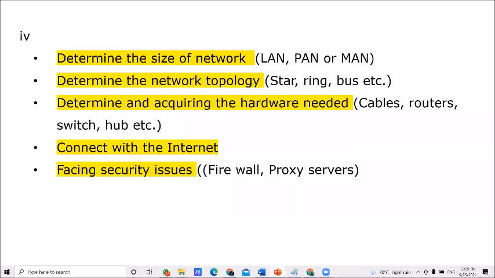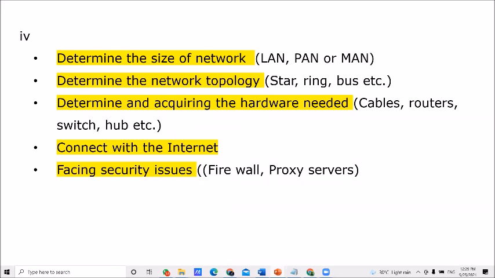Right, our time is now up. We have to discuss one part in this question, explaining the factors to consider when implementing the network. We want to discuss these factors, and it will take 5 to 10 minutes.